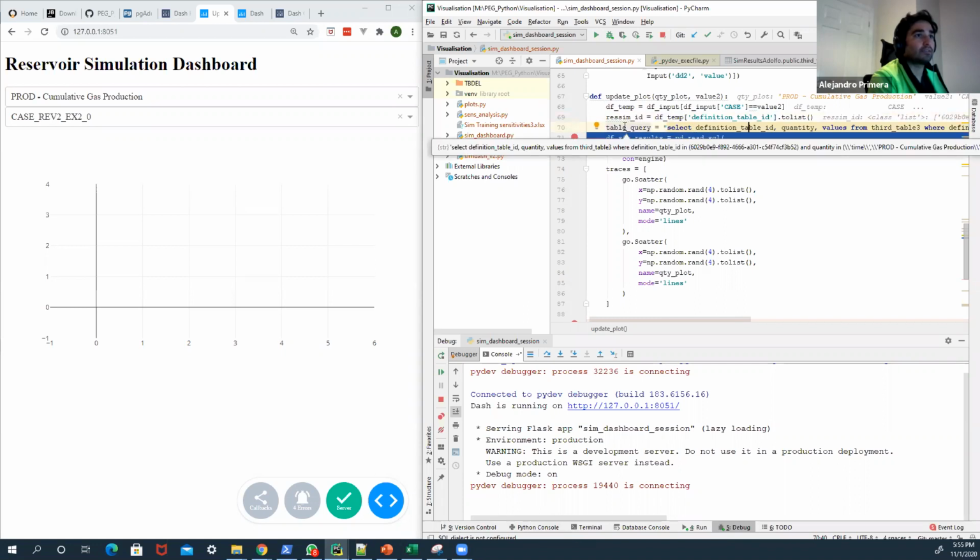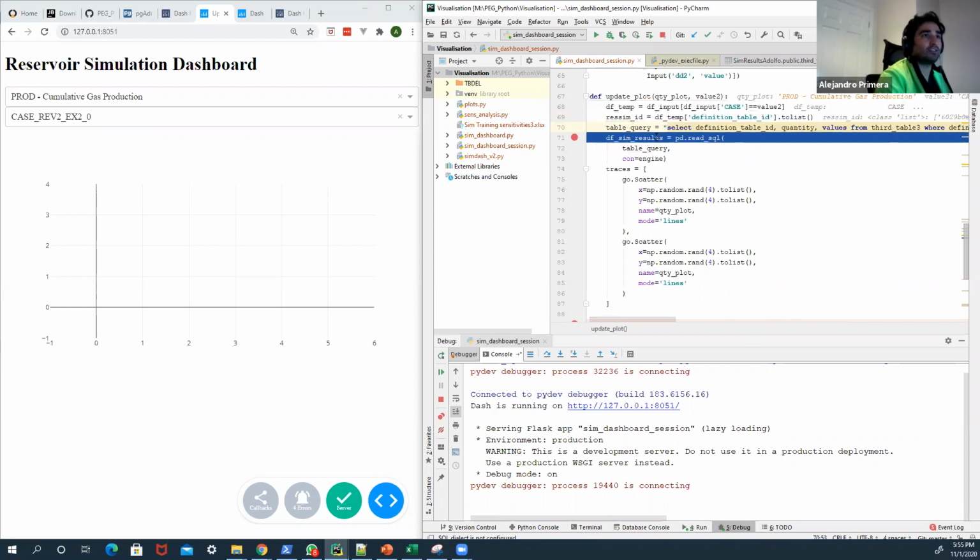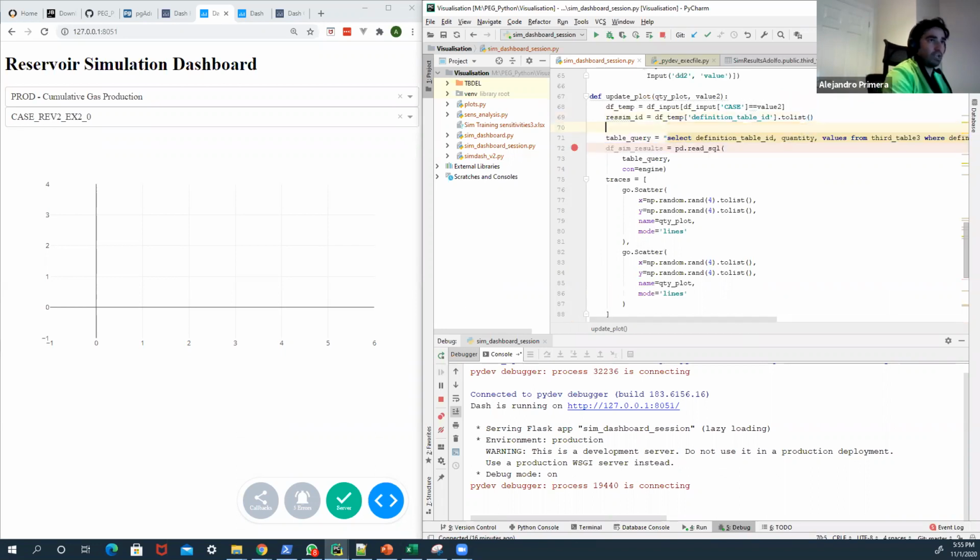Okay. So I want to get the quantity values from this table where table ID is this, and I think it's coming as a tuple. You see that it's coming in between quotes. And quantity is actually, I'm not getting the right quantity. Something is not working here the way it should be working. Let me see. The quantity plot is not, when I'm selecting in the drop down, it's not really bringing me the right values. So if I print this,